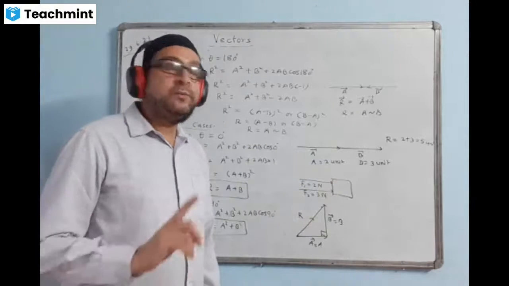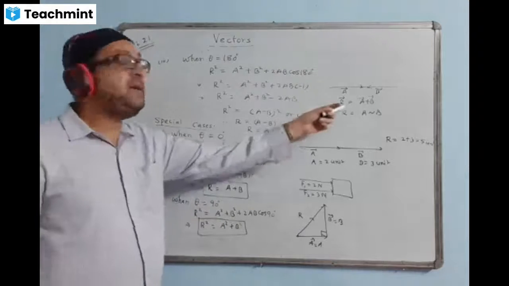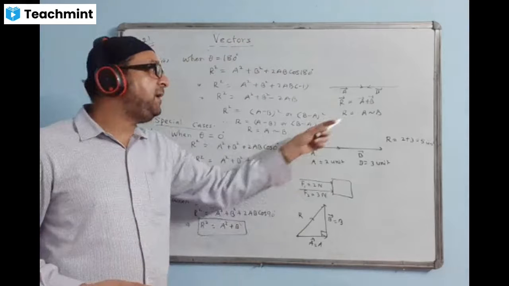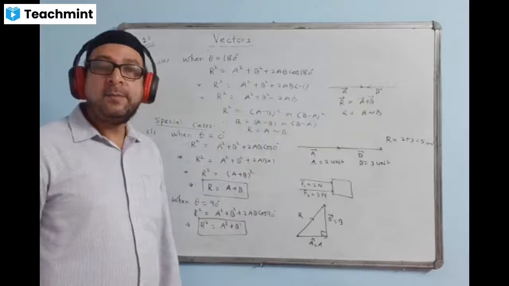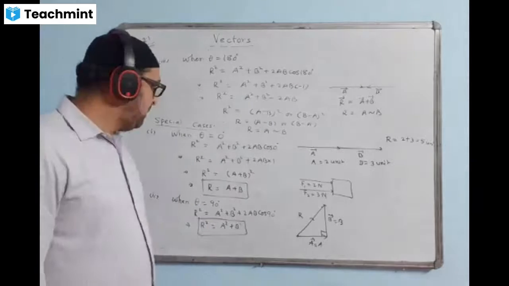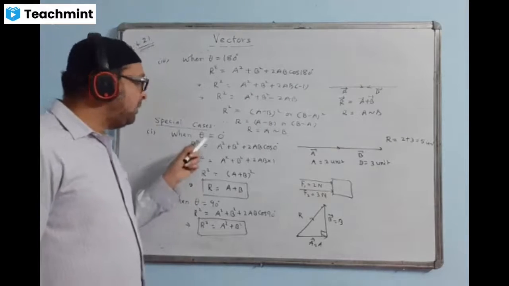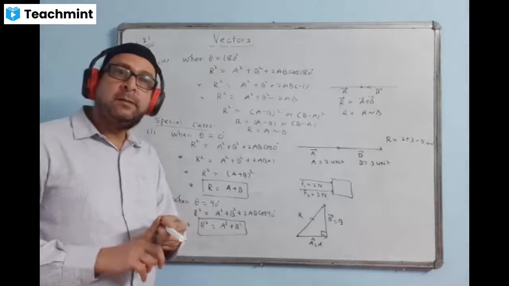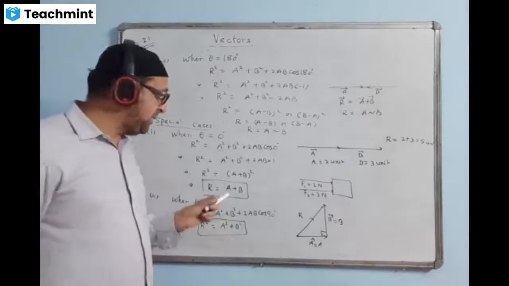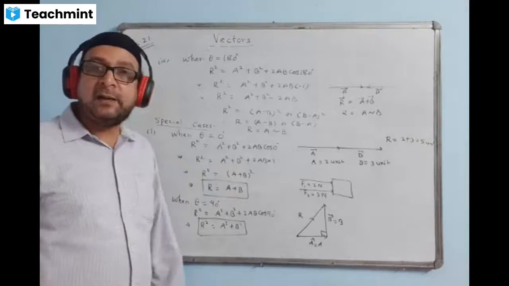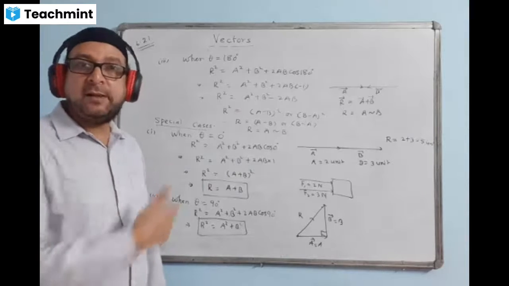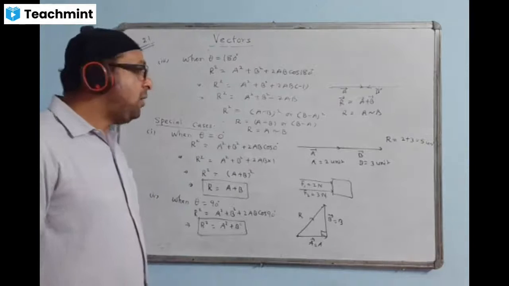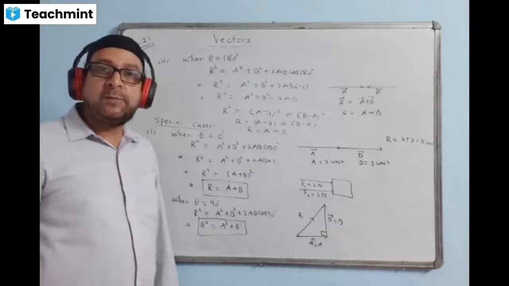Okay, now this is all about the magnitude. That means here we are going to add, because of the opposite direction, because the angle between them is 180 degrees. So what I mean to say is, two vectors can be added simply, but only in one case. This is the case, but in all cases we cannot add them simply. That simple addition, which takes place with scalar quantities, will not take place with vectors. Now I talked about the direction because a vector has both magnitude and direction.